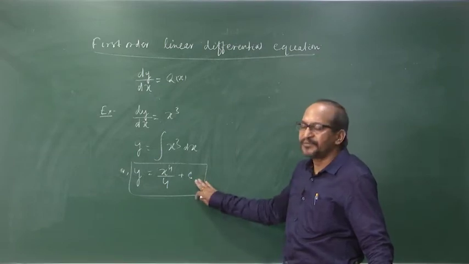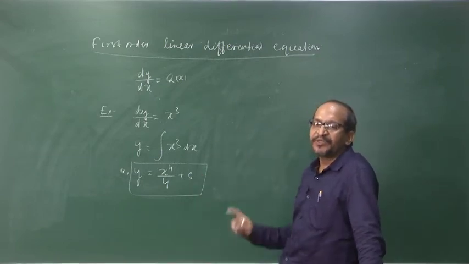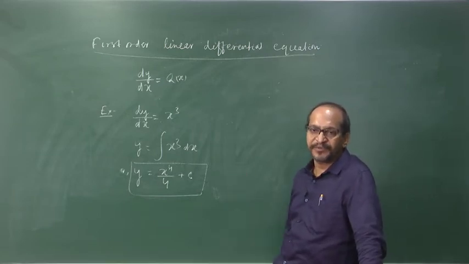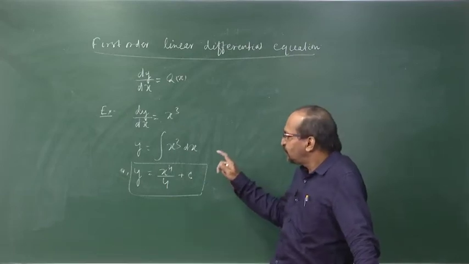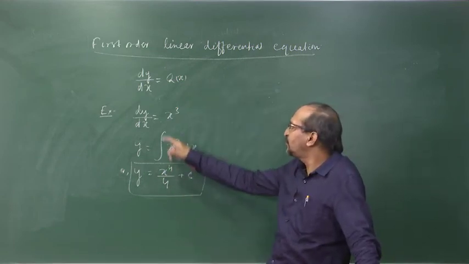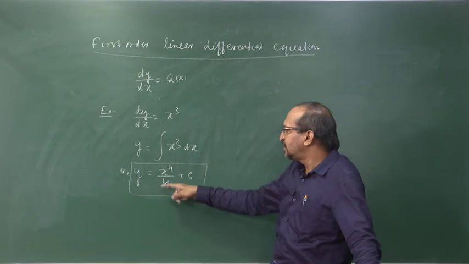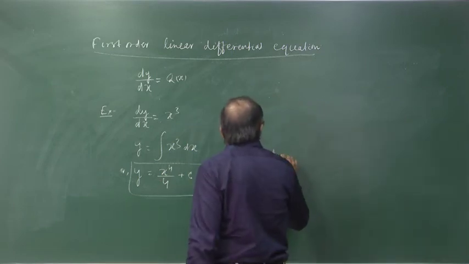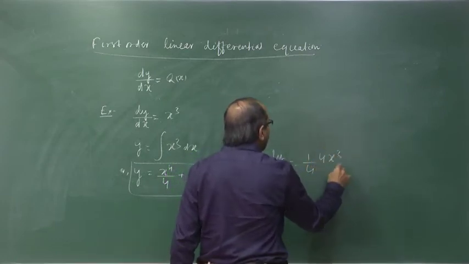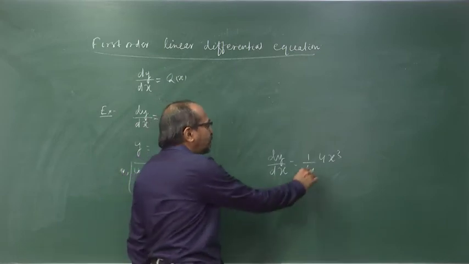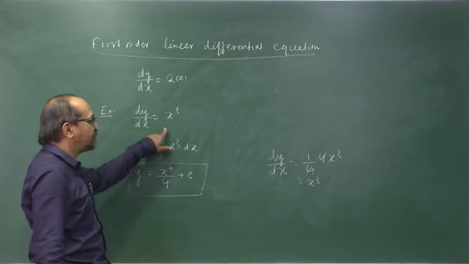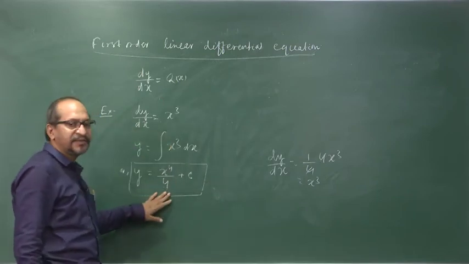c is the constant of integration, and always when we solve a differential equation, we must check the validity of the solution. It is valid if we put it in the equation and it satisfies the original differential equation. So, if we put this in the differential equation, then dy by dx is nothing but 1 by 4 into 4 x cube plus the derivative of the constant, which is 0. So, it is equal to x cube. So, it definitely satisfies this differential equation, and then we accept it as a general solution.